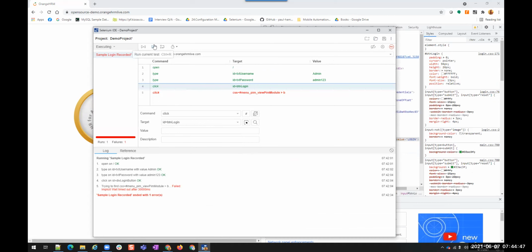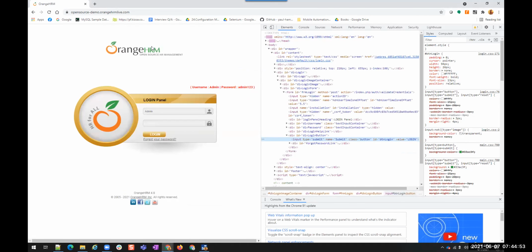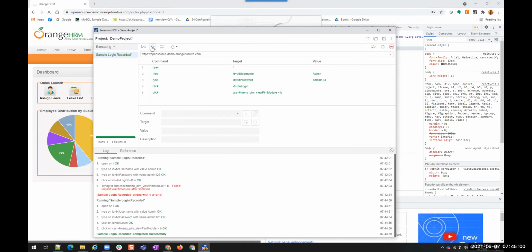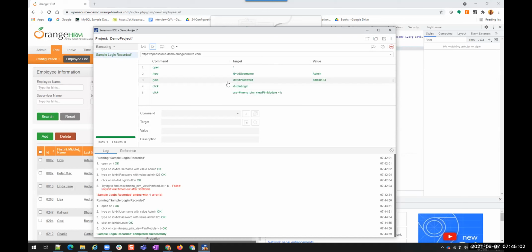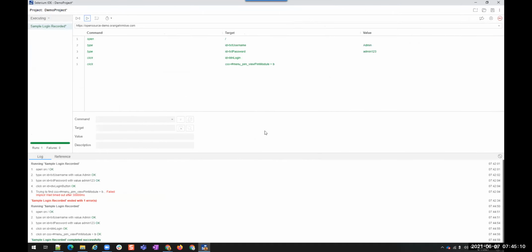Now let me run it again. Did it log in now? You see, all the steps are passed. All the steps are in green color. So this is how you record and playback your scripts.